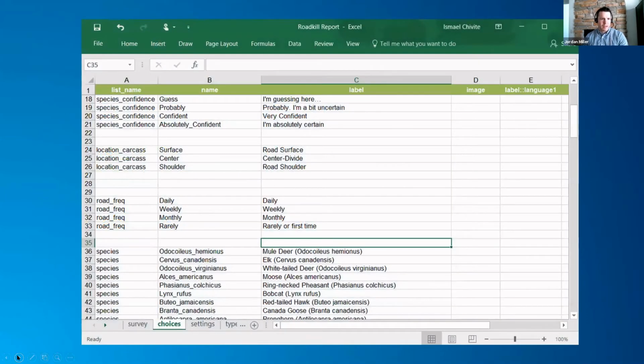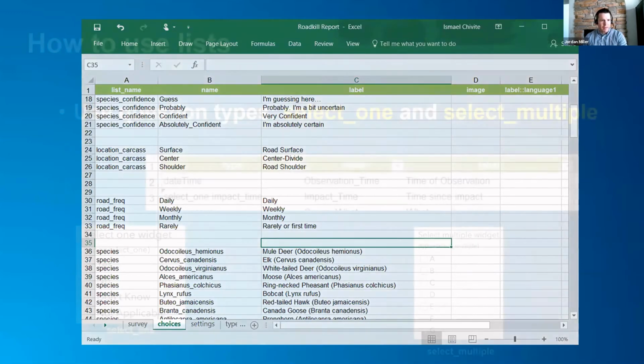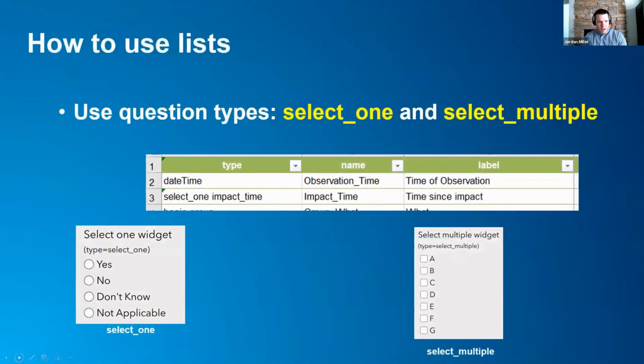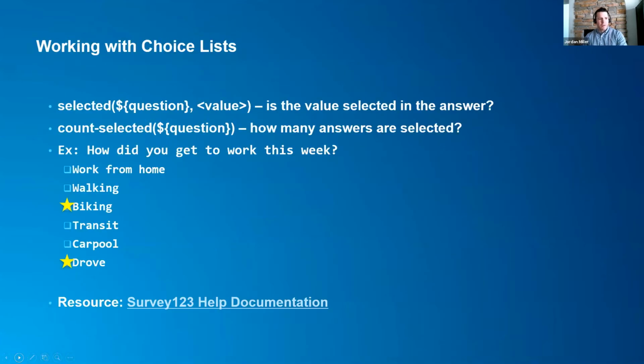So this is an example of a list. If you wanted to ask how confident are you in that species, you can have just a general subjective list here. But if you wanted to actually get down to a species name, you'd have the name here, and then you would have the label, what it would show up as in that field. But if you wanted to have select one or select multiple, you would designate that in the list, so you could enable